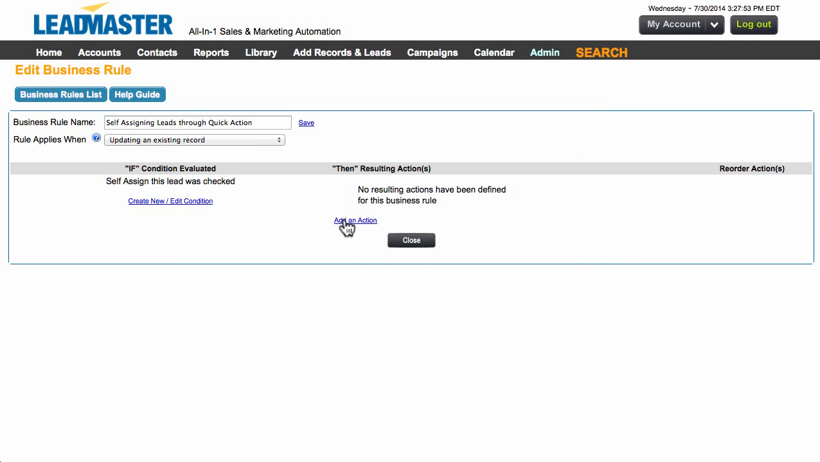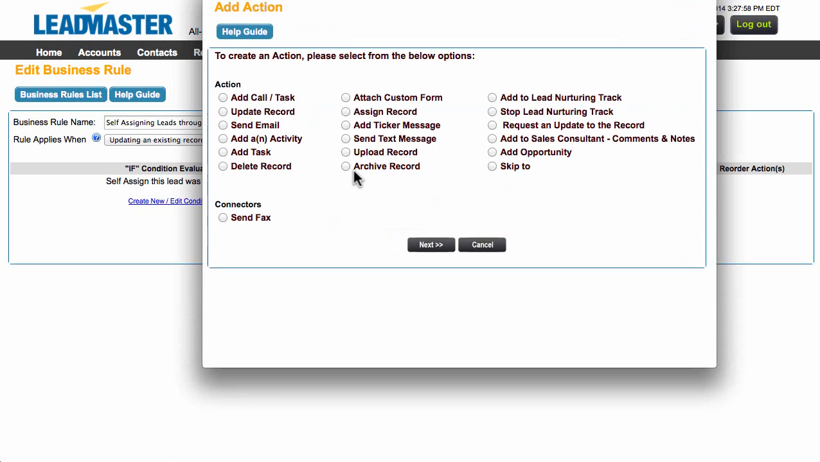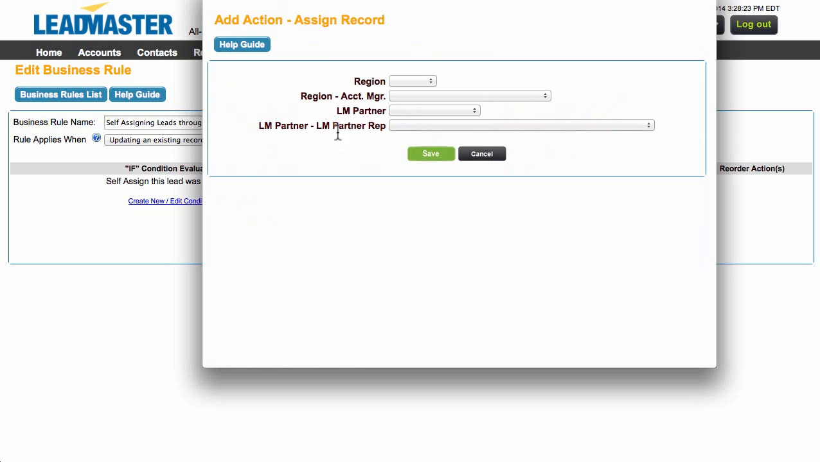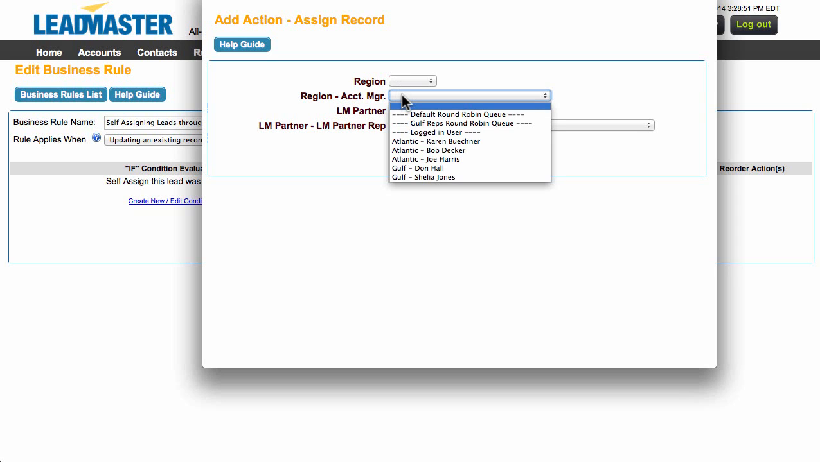Our then resulting actions are going to be add an action, and then we are going to go to Assign Record. Now there are also other things that you can do from here as well, so don't be afraid to add more if you need to. Click Next. And now we have our account manager and our partner reps turned on in the system. Now if you're only using account managers, you're only going to see these first two up here. So I'm going to choose my drop down for region / account manager, and I'm going to choose logged in